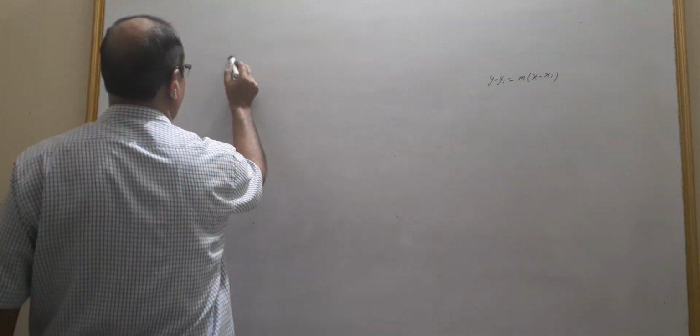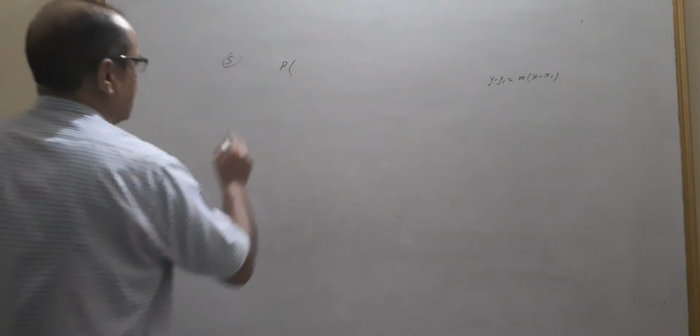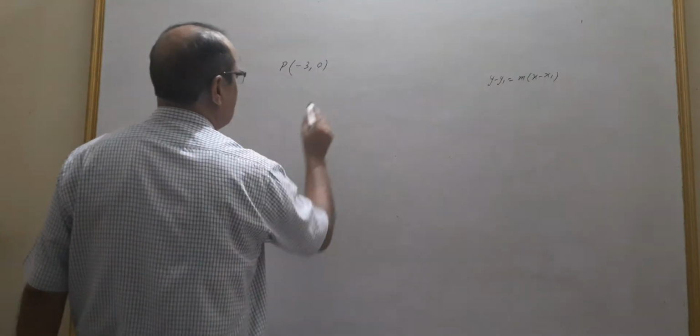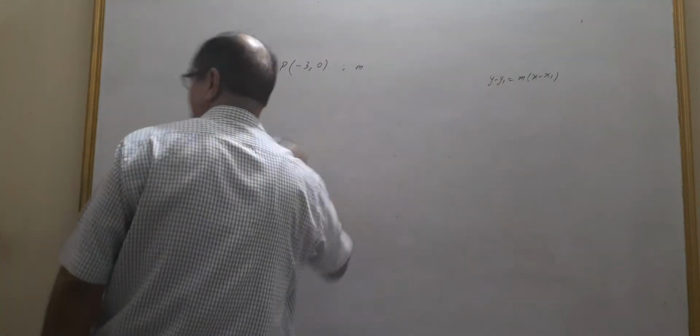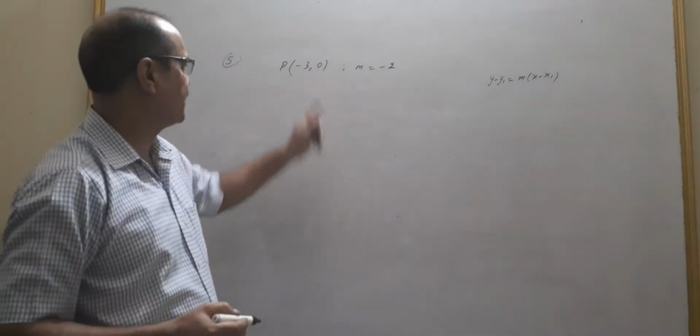So question number 5. Now the coordinates of the point intersecting the x-axis at a distance 3 unit on the left of the origin. Left of origin पे है तो point जो है वो -3 and 0 बन जाएगा, and its slope is also given. The slope of the line is also given, that is -2. m आपको गिवन है, स्लोप गिवन है, पॉइंट आपने फाइंड आउट कर लिया है.